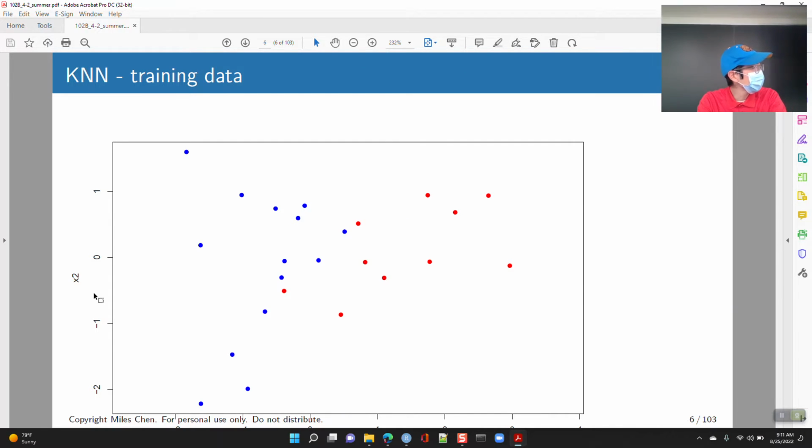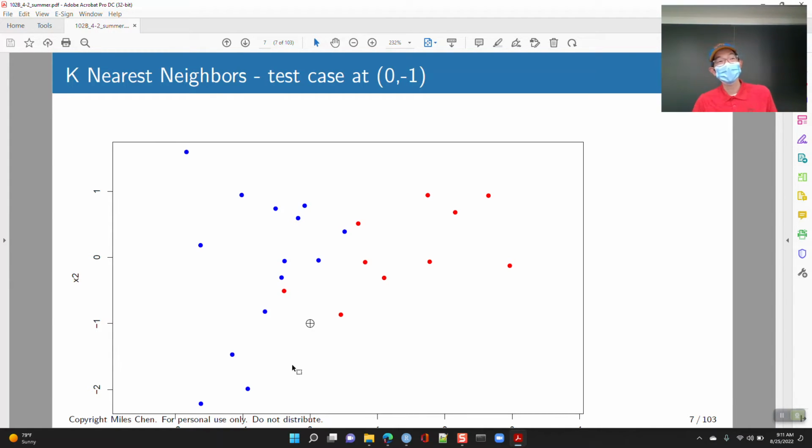Okay, but here this is our training data. So I've got x1 and x2. Those are both numeric, and we've got red and blue points. And let's say I put an observation right here. Do you think this is the red class or the blue class? What do you think? Okay, so I intentionally picked one that's a little unsure, right? Like if we got rid of this 1 point here, it would seem like it should be blue. But now with the inclusion of this one red point, we're not quite sure. Okay, so anyway,